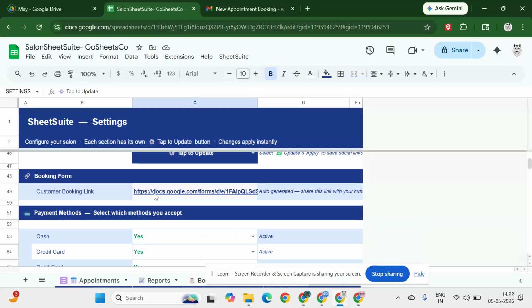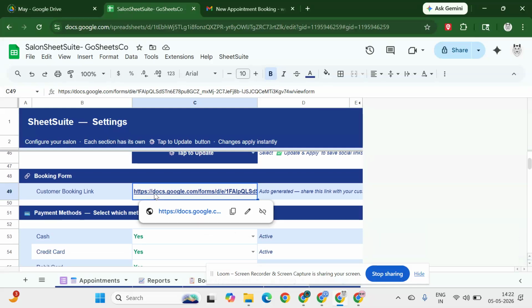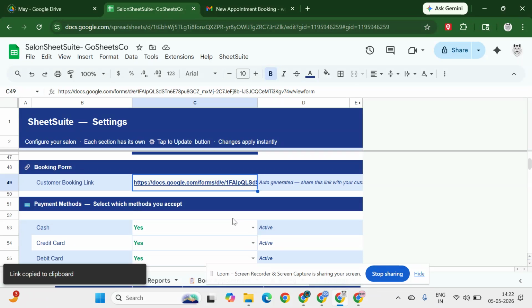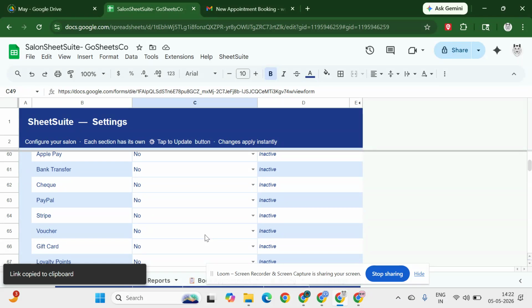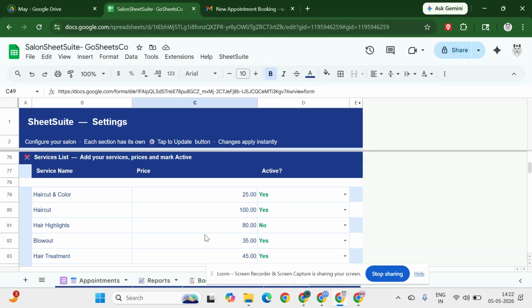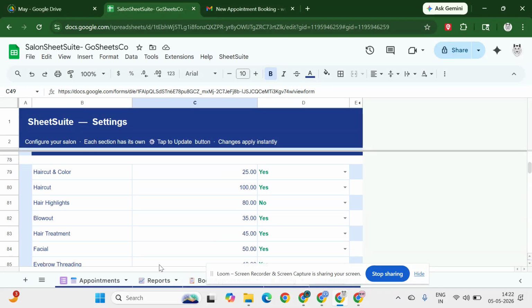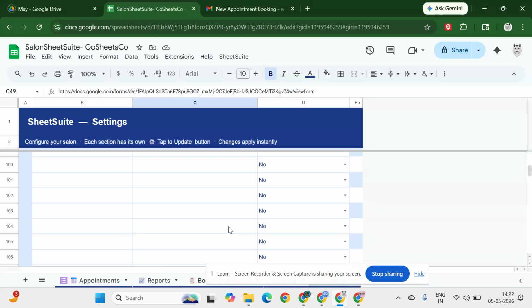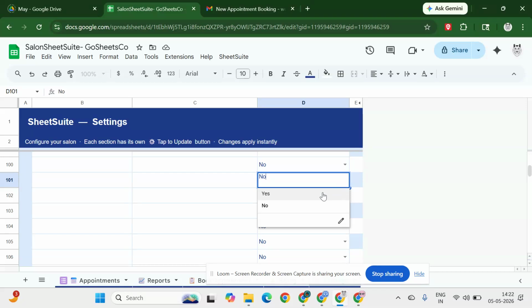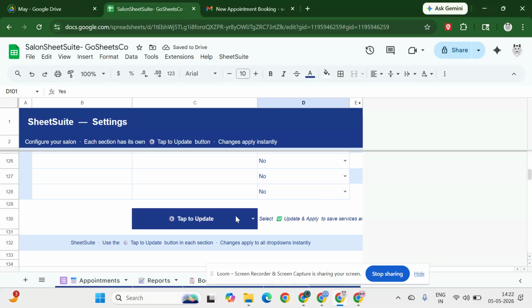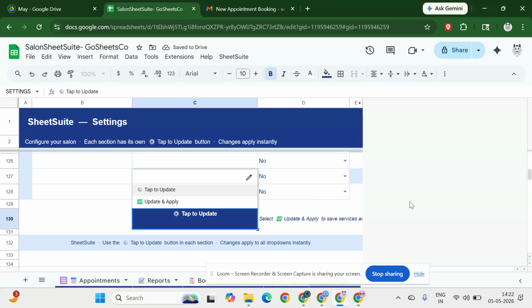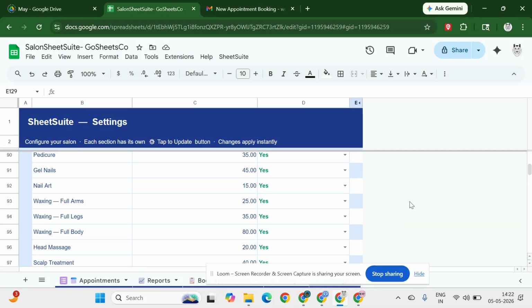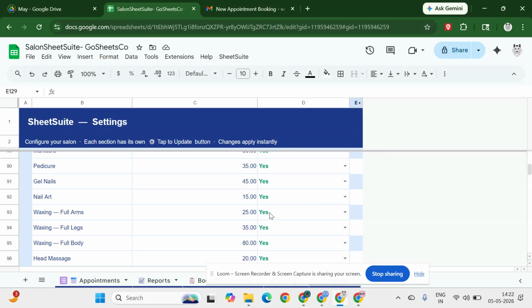And as soon as you set up, you'll receive an appointment link, and this you can share with your customers, and you can manage all the payment methods from here, and you can manage all the services from here. And whenever you update or create a new product, just need to enable yes and tap to update. So the services are added, and these will be synced with your appointment booking forms and